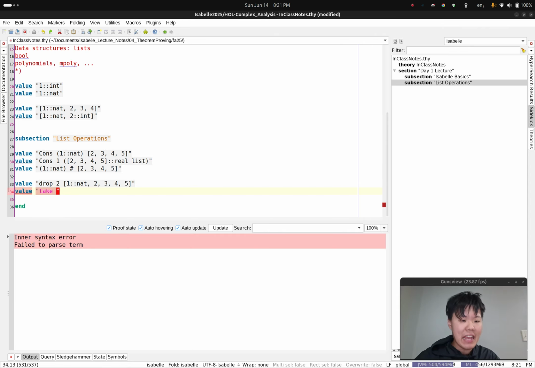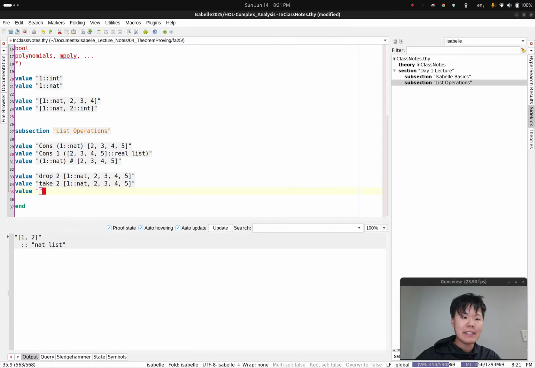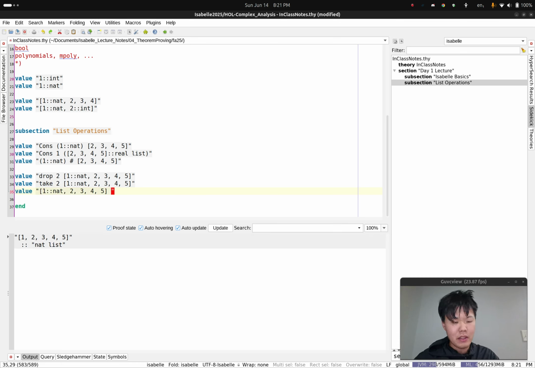Alternatively, you can take the first 2 elements of a list, right? Taking the first 2 elements of this list should give me just 1 and 2, right? Drops 1 and 2. Okay, sounds good. You can also access some element of a list. For instance, if I have this list, you can access it with the